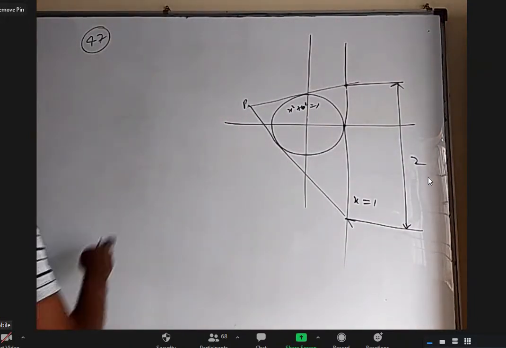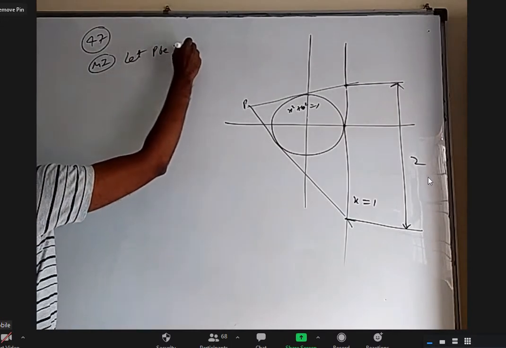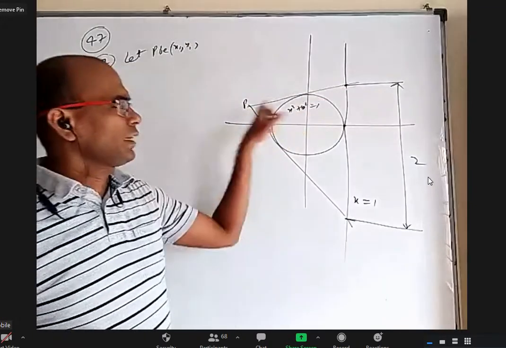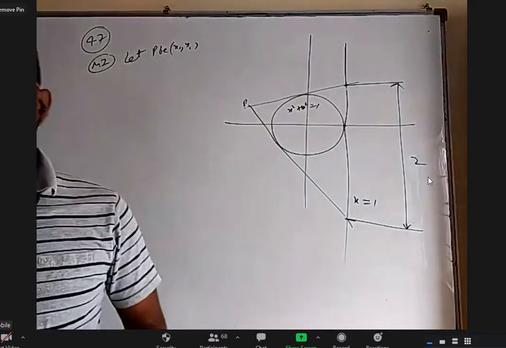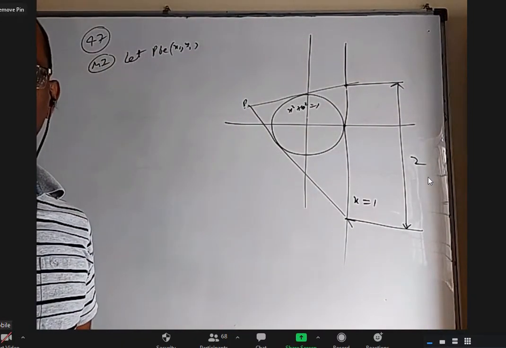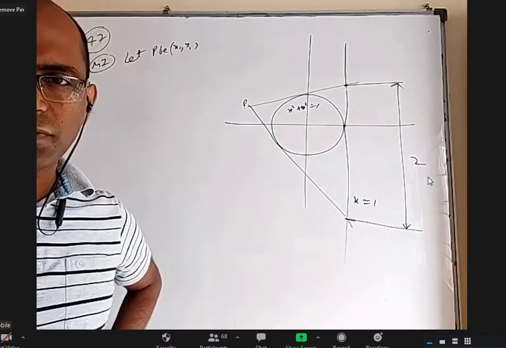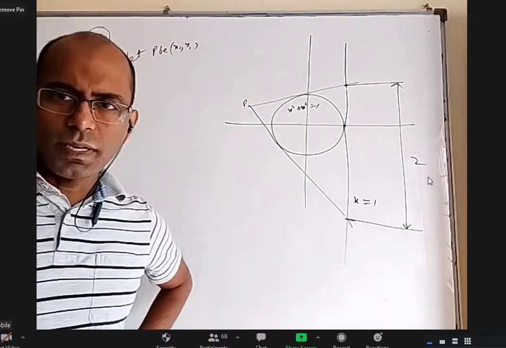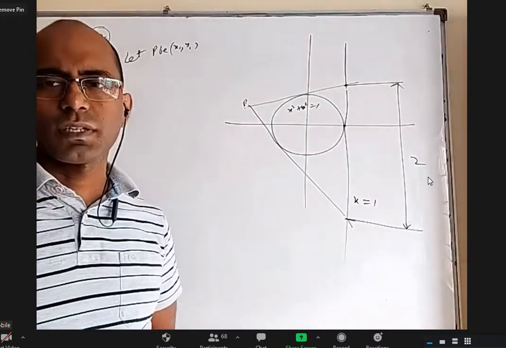Anyway, I want to do one thing. Method 1. Let P be x1 comma y1. If I know the external point, how do I find these two tangents? I have many methods, but I know the formula for the combined equation of the two tangents. What is the formula for the combined equation of the two tangents from an external point? In exercise 1E, there are some questions with answers given in combined form, not separate form, right? Anybody remember, they asked for the combined equation of tangents from an external point in exercise 1E?